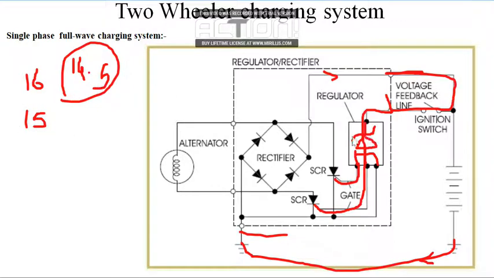That time it starts to conduct in reverse bias, and the current flows this way to here and triggers this SCR, so all the current passing through here starts traveling,